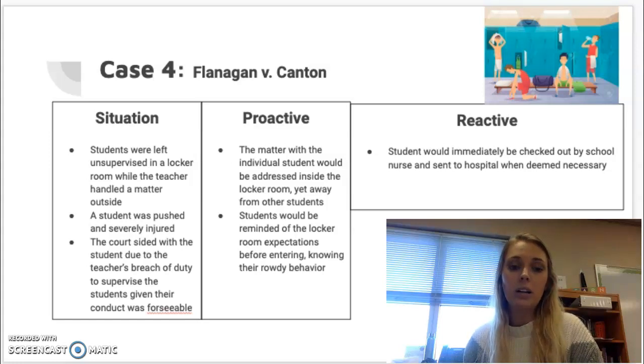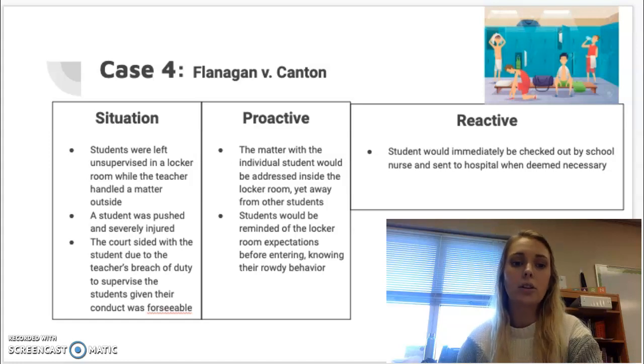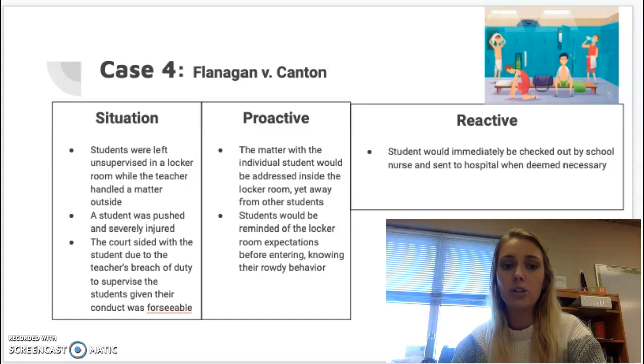And then while she handled an incident with an individual student right outside the locker room, she went ahead and allowed the other kids to go in and begin changing so they wouldn't be late for their class. So they were unsupervised in a locker room. So two students were goofing around. One pushed the other, and they fell over a bench and then severely injured